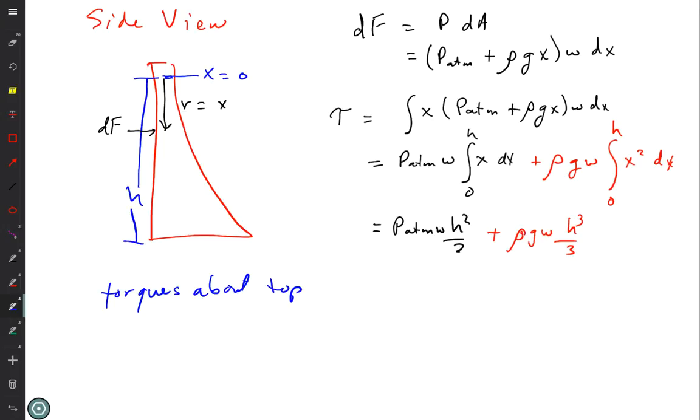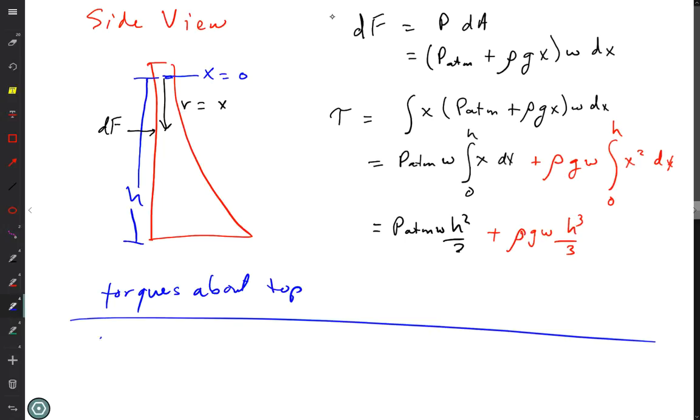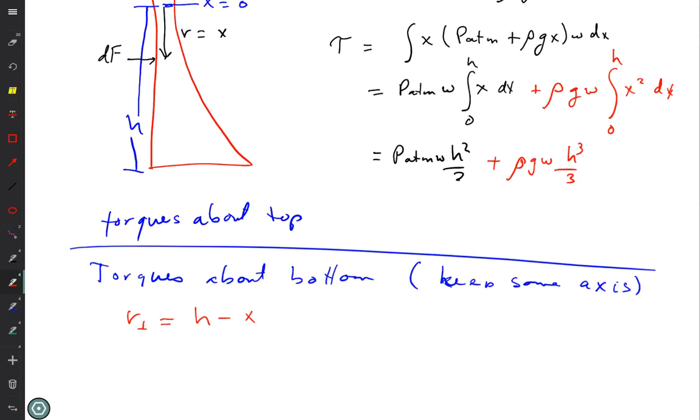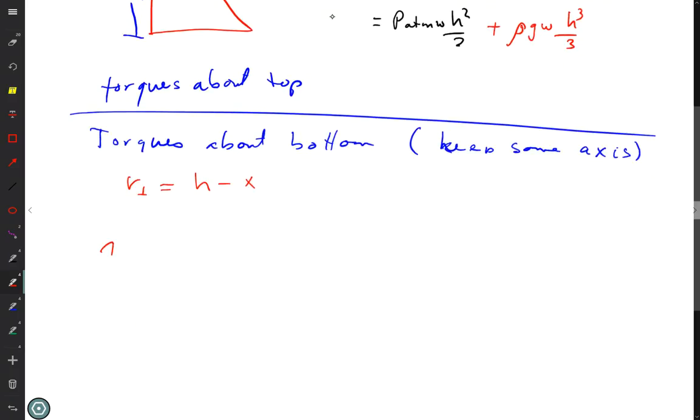So if I did it about the bottom, I'm going to keep the same axis. Well, axes, plural. I really only use one, so let's make it singular, axis. So what's going to change is the r perpendicular is going to be h minus x instead of x. And my pressure equation will be the same. And so my torque